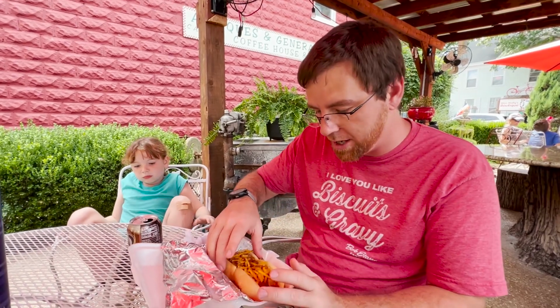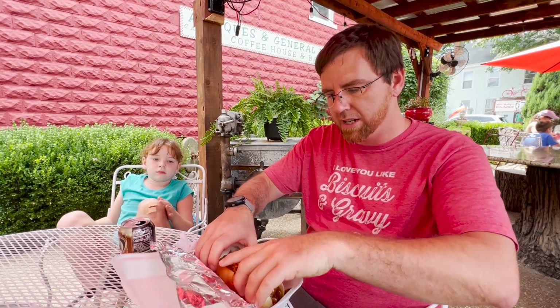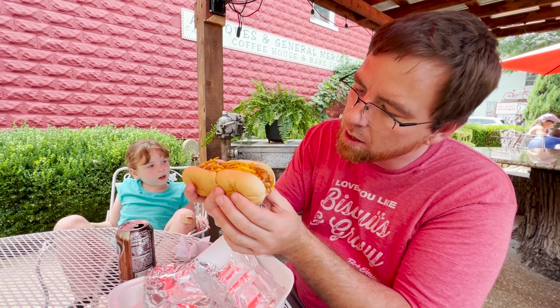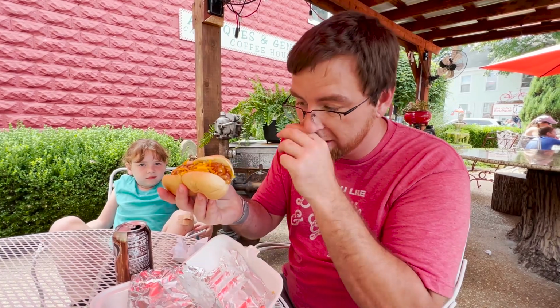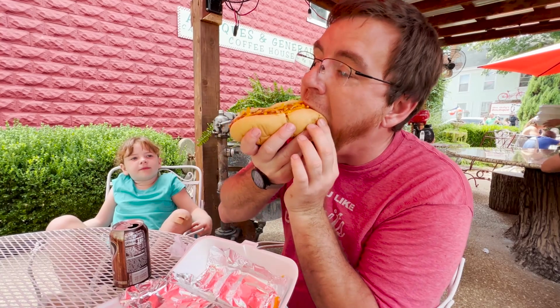All right, first up is the apple cheese dog. It's a specialty. And here we go. I gotta try it, right? It's like one of those when in Rome things. It's really heavy. We'll see. Because there's a lot of